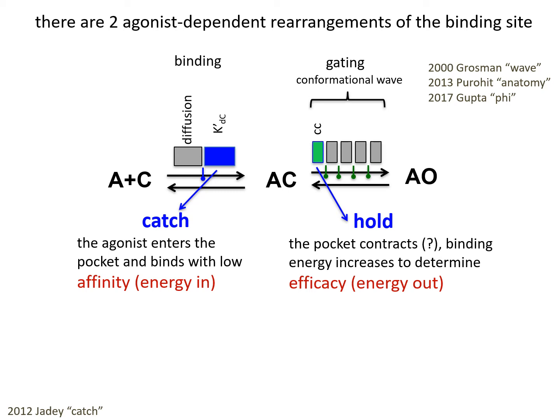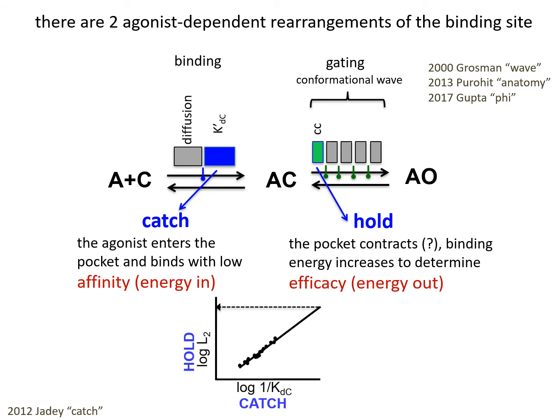So affinity is set by catch, which takes place in binding if we work back up the chain, and efficacy is set by hold, which takes place in gating. So we've turned binding into catch and gating into hold when we're talking specifically about the agonist-dependent energy changes. This idea of the 5 states was proposed in the first part of this century, from about 2000 to 2013 is when we worked out those 5